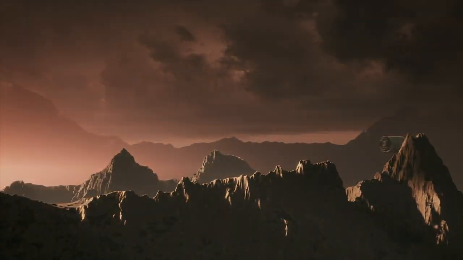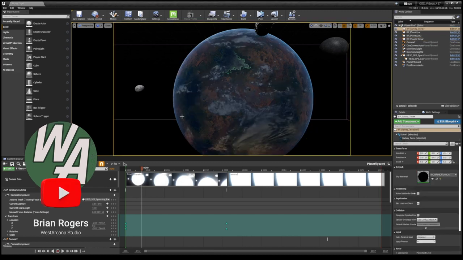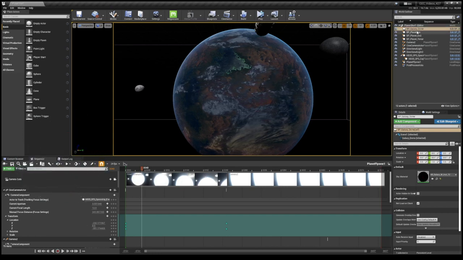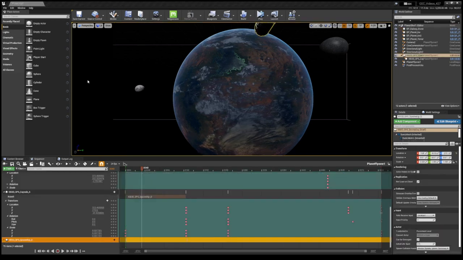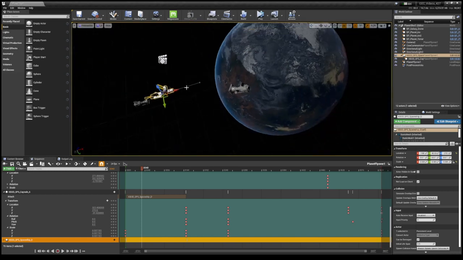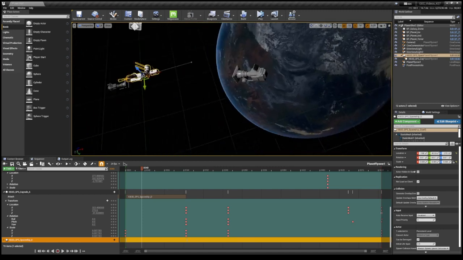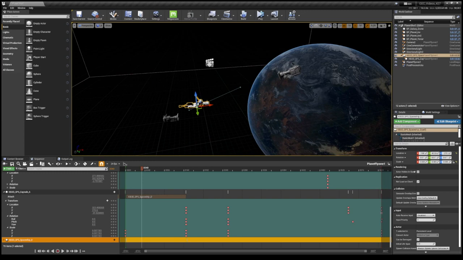So let's start out here in Unreal Engine, and as you can see, I've got my first level built here, and I've just got some basic stuff. Let's see, I've got this planet, I've got a couple of moons, I've got this spaceship asset. Let's see if it will let me get to where I can control, and a couple of cameras. And that's pretty much it for this,